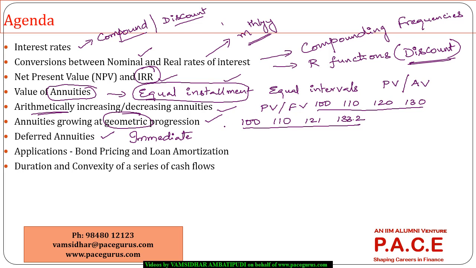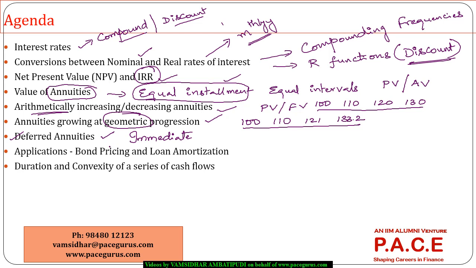Now instead of starting immediately in the current year period itself, it will start probably a couple of years later. If that's the case, how do I compute the present value or the future value of that particular annuity? So we are bringing in those kind of calculations as well. Then once we have a conceptual understanding of all these things, we want to apply all these concepts to the